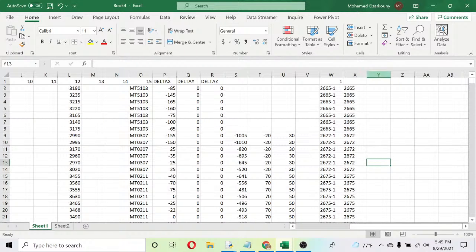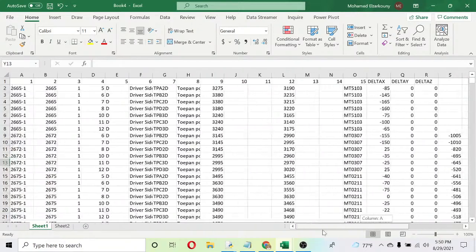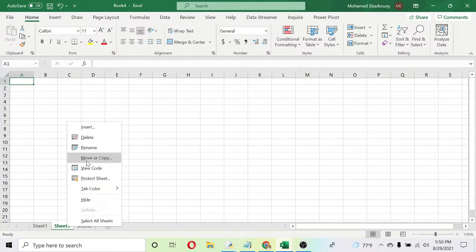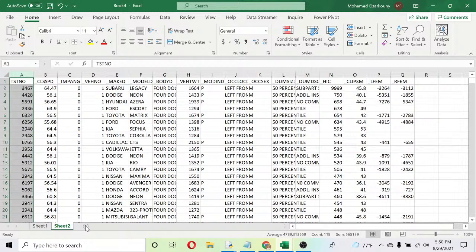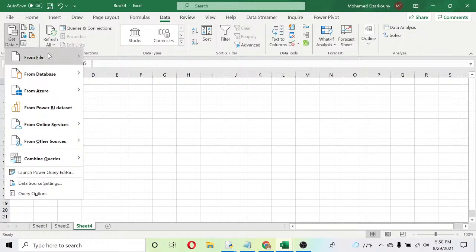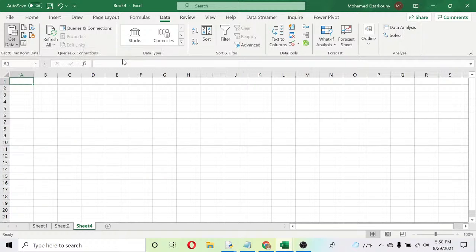Now it is true that it is at the very end of the sheet, but that's no problem. What we can do is open up an entirely new sheet, and just delete it. Yeah, I don't like that sheet. I'm going to open one here, and I'm going to click on data, get data, from file, from workbook,